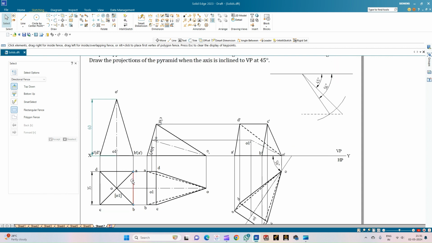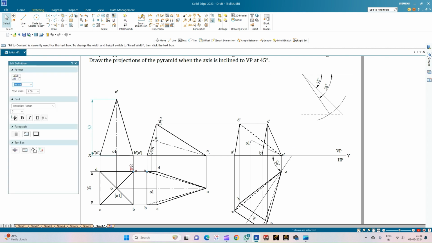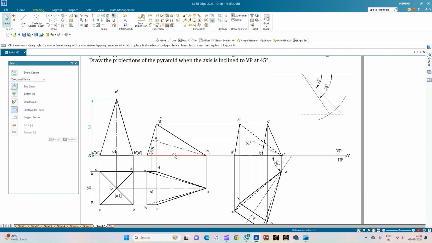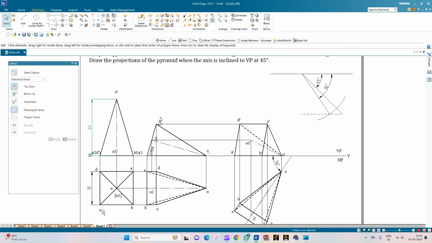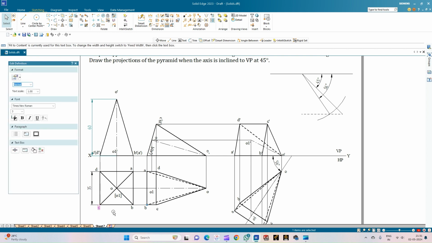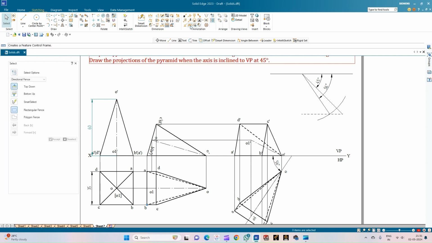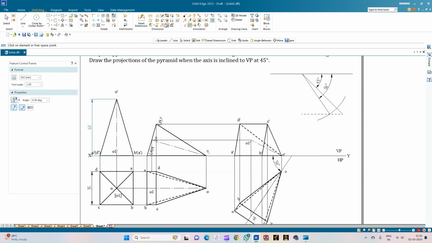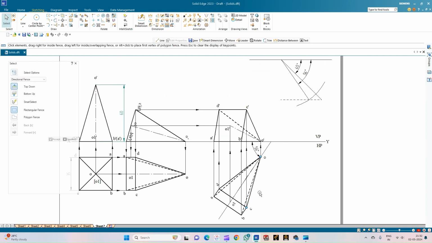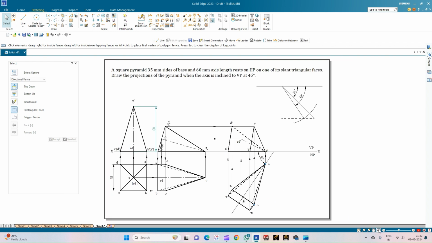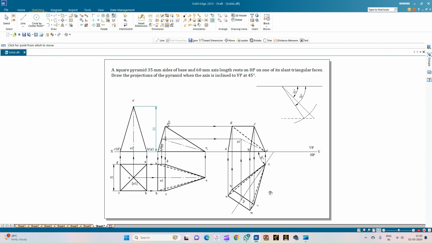The condition of the edge resting initially is not given, but however the condition of the slant triangular face is given, which has to be taken as a clue for placing the square pyramid on one of its edges. So let us select the leader option and indicate the direction of the projection lines. So with this, we complete the drafting of the